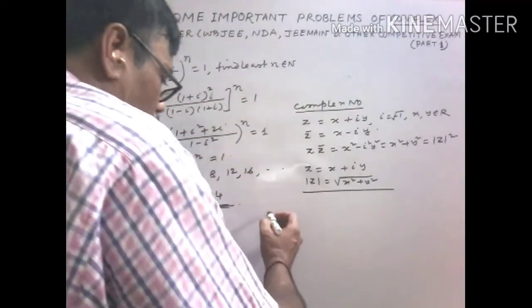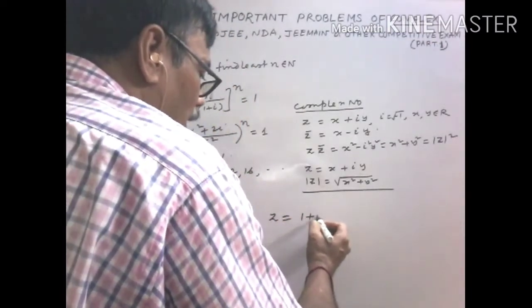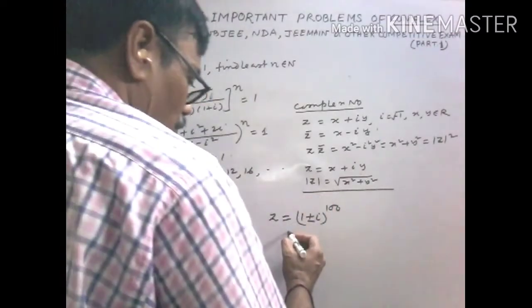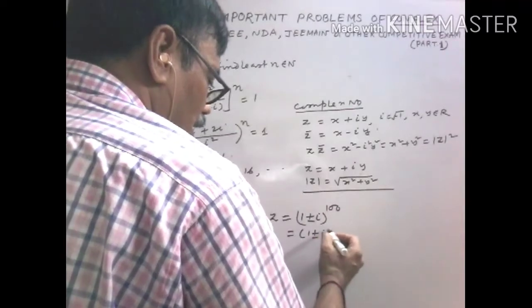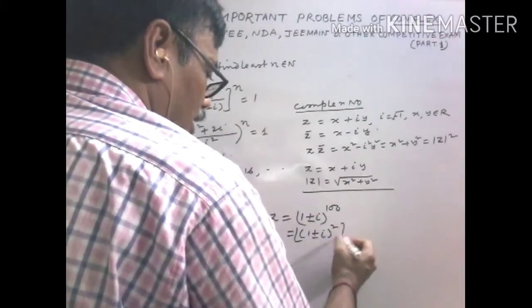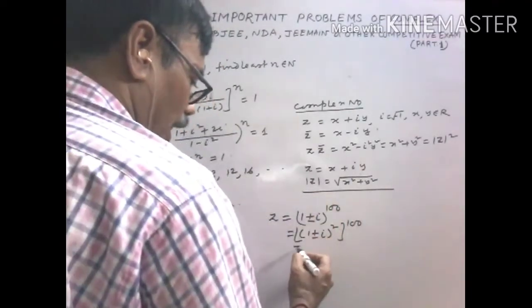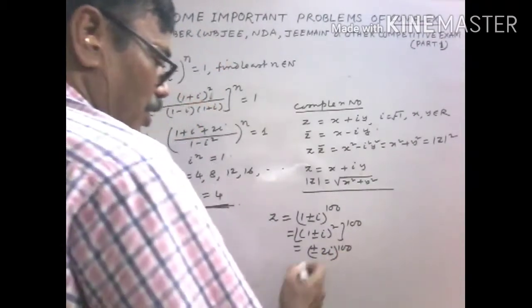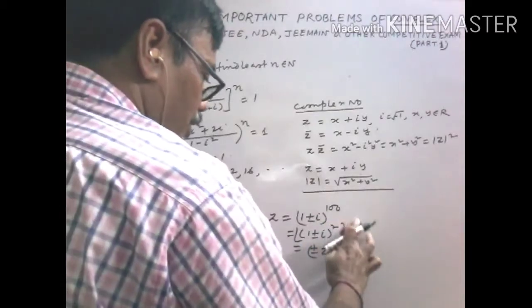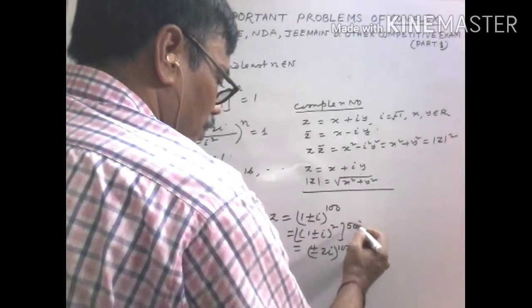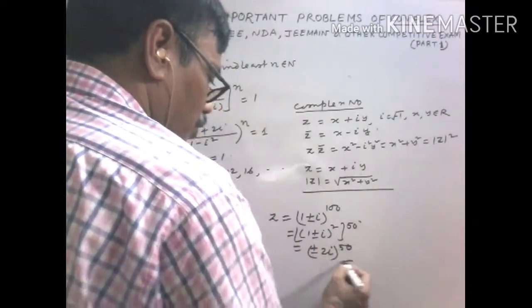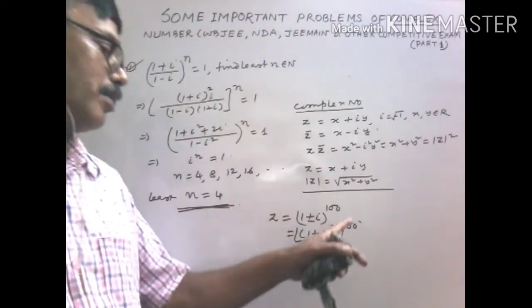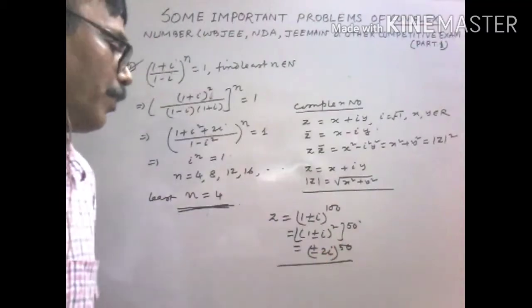So this result, look: if (1 plus i) whole to the power 1000, plus minus i. We remember this result. (1 plus i) whole square is 2i. So this is plus minus 2i whole to the power 100, so this one is 50 to the power 50. So for solving problems, if we get a greater power of 1 plus i, we always take it in this way.